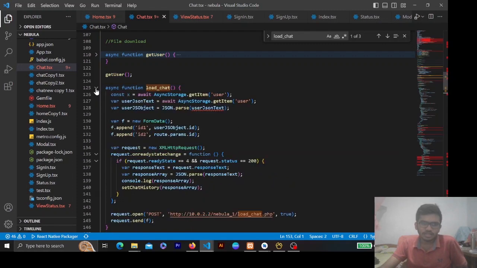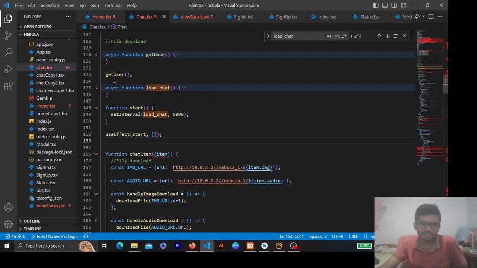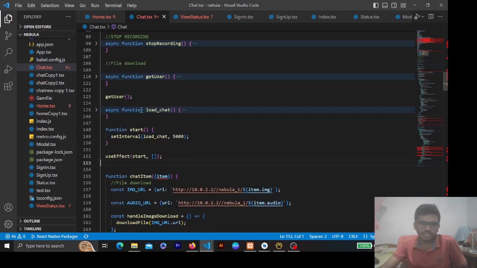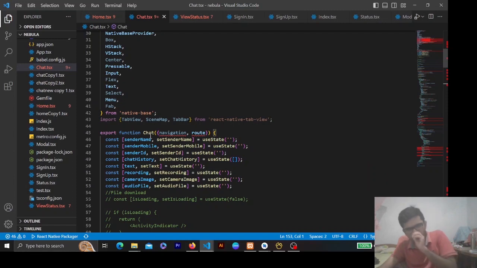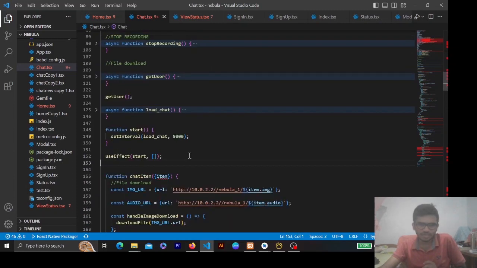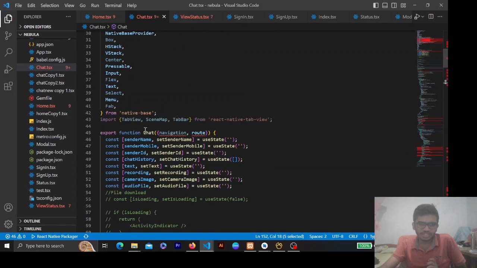Since this contains a flat list to pass data into, this function would re-render multiple times, and because this function re-renders multiple times, the whole chat function would re-render multiple times. So to avoid that,